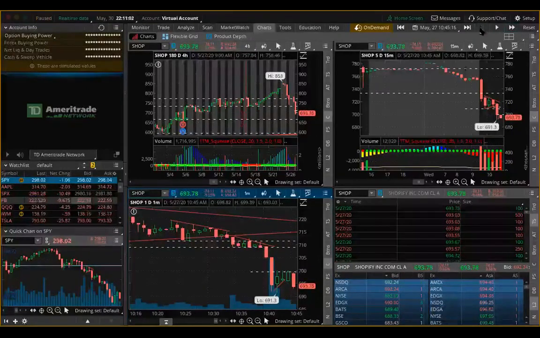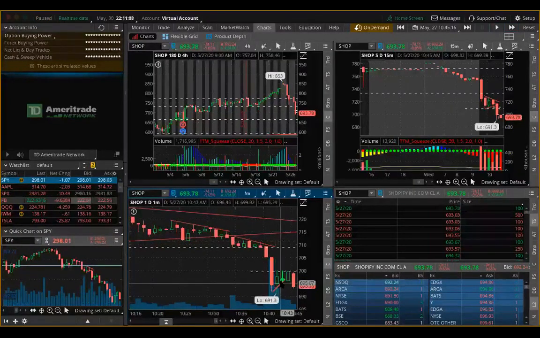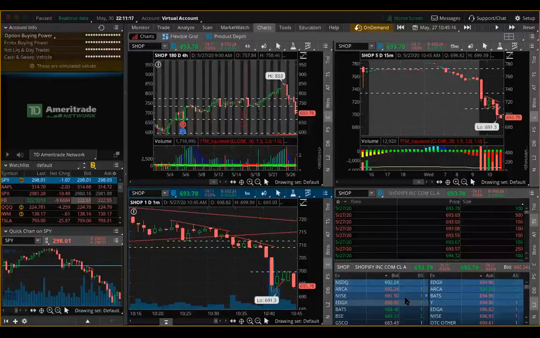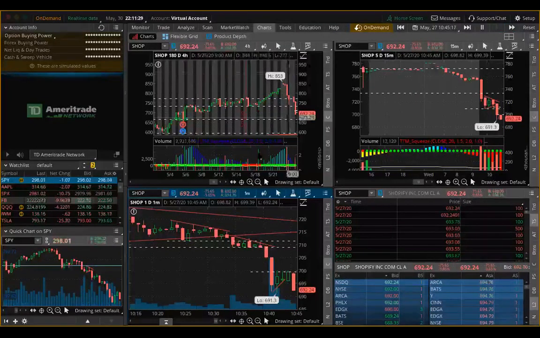So let me just pause this. Right there, we didn't see any buyers stepping in at the 700 level, right? We had price rise to that level. It retested it 3 times, 4 times, right? But once it got to the level, we didn't see the buyers stepping in. No one wanted to buy at that 700 level. That's time and sales for you right there. That'll let you know everything. That'll let you know when you need to be selling, when you need to let it ride.